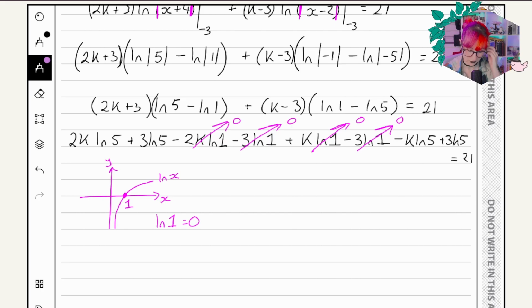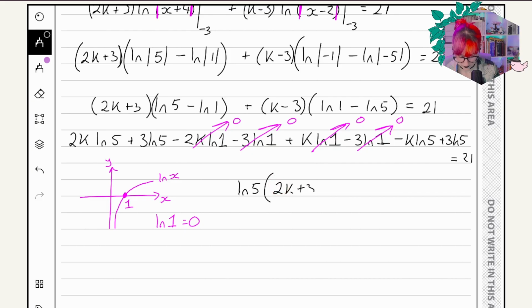They are 0. They don't even go to. So that gives me something much nicer. Every term on this side now has log of 5 in it. So every single one of them, so that I can actually put it back and I get 2k plus 3 from before, plus k minus 3. Sometimes you need to work through the questions to figure out what the answers are, you know? Equals 21. ln of 5 is 3k